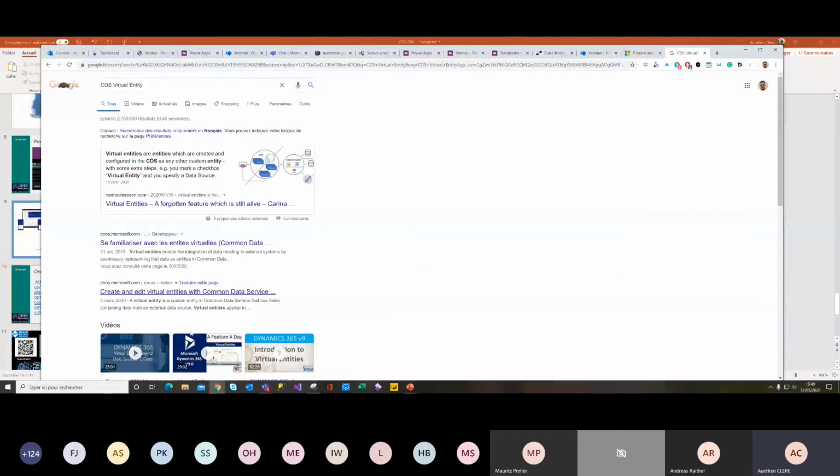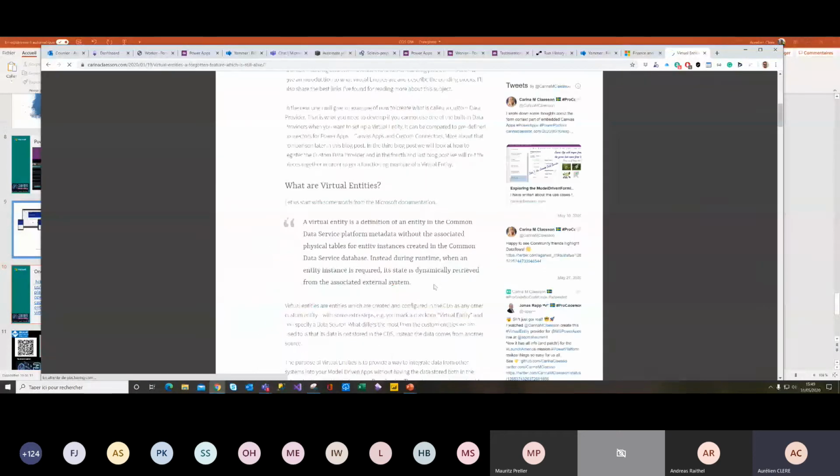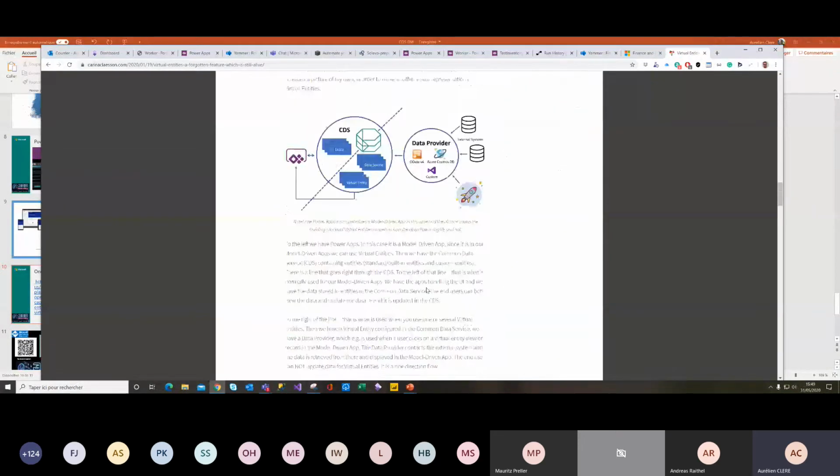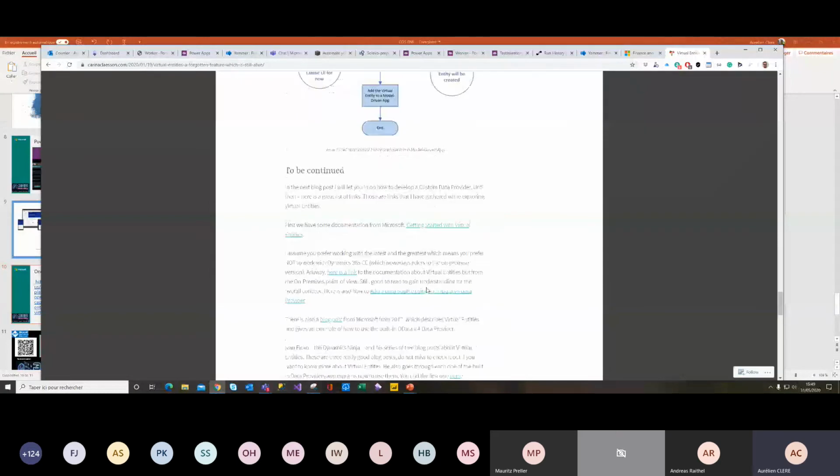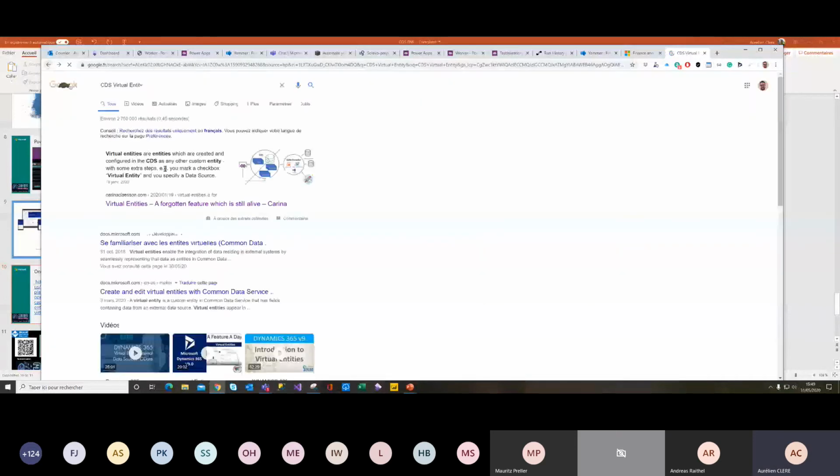configuration. But for virtual entities, I just had a look, and you have a lot of limitations behind virtual entities in CDS. The major one, I think, is that the CDS virtual entity is read-only. And when I asked the product team which tool we have to use, he answered, okay, it depends on your scenarios.